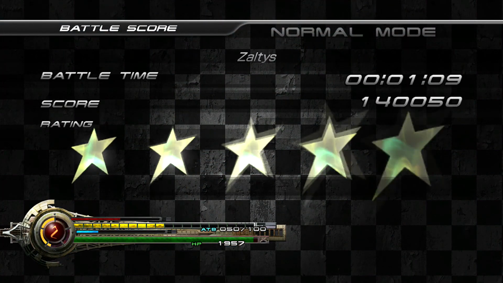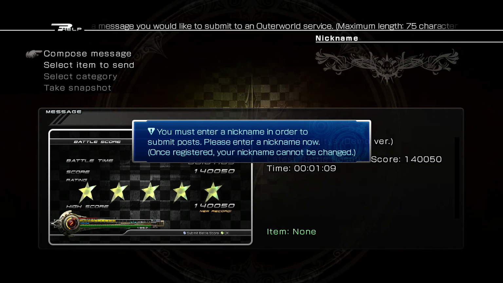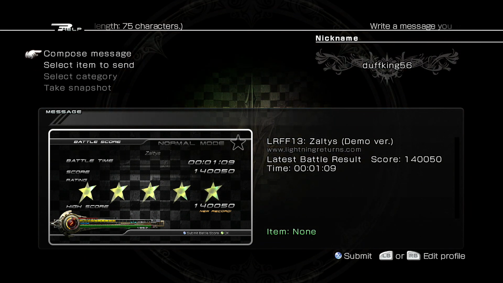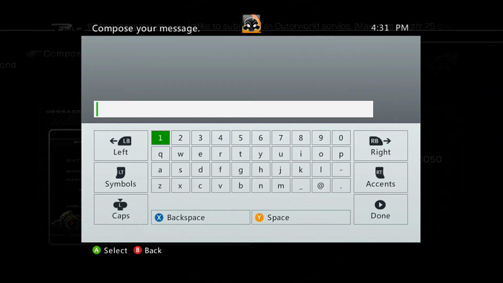You can basically loop around and fight these guys as much as you want, and I'll just give you a little primer into submitting your battle scores or whatever. As you can see, you can submit it, you can compose a quick message here. I'm going to enter my own nickname, which you guys should know by now. I do introduce myself with every video with that name. And it'll basically allow you to post this to any social media that you have connected, as well as onto like Outer World in general. You could send an item to like another character or whatever, but obviously we don't want to do this. We were going to compose a message here and say,